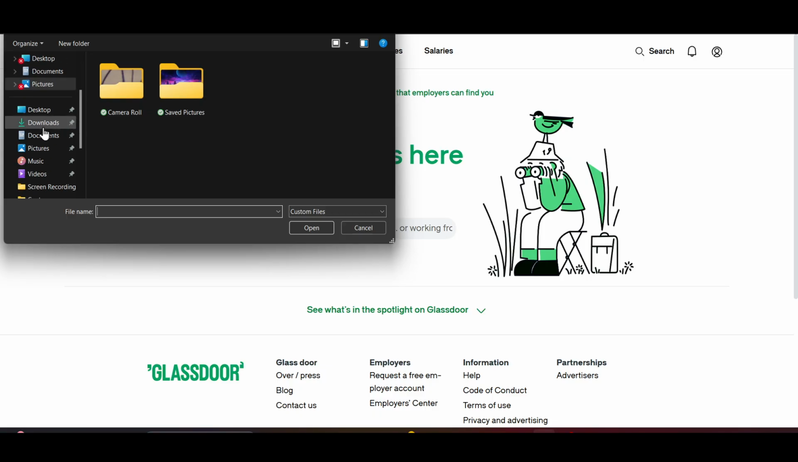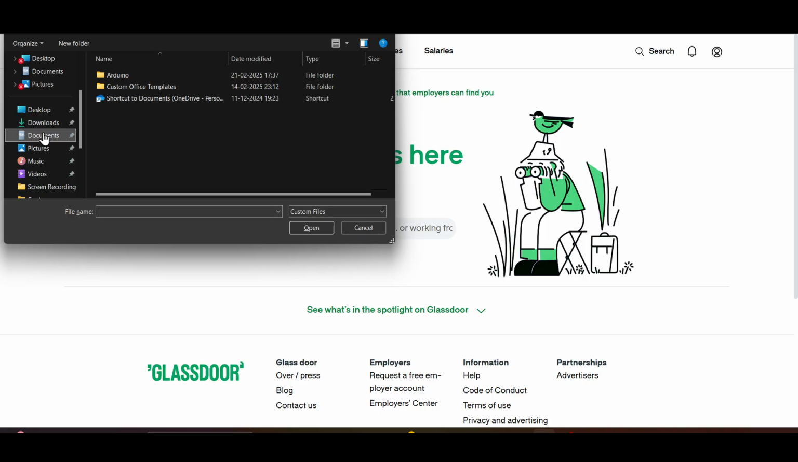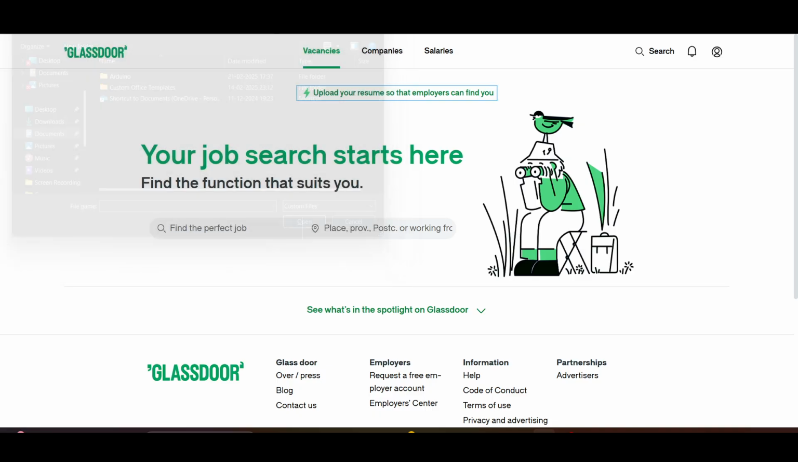You can choose your resume file from wherever you have saved it on your computer and select it and then click on open, and then your resume will be opened on Glassdoor. And after that, you will see the option of uploading that resume. Click on upload and your resume will be uploaded on Glassdoor, and employers can then find you based on your